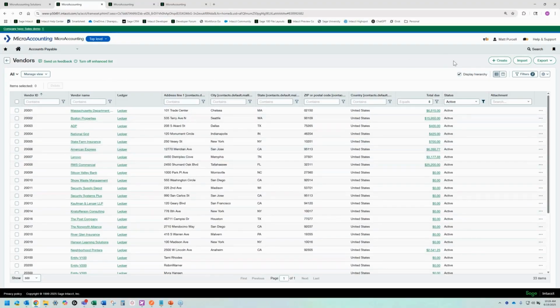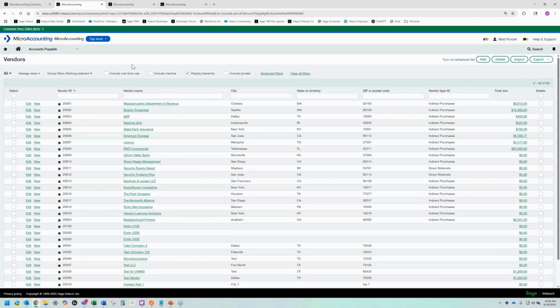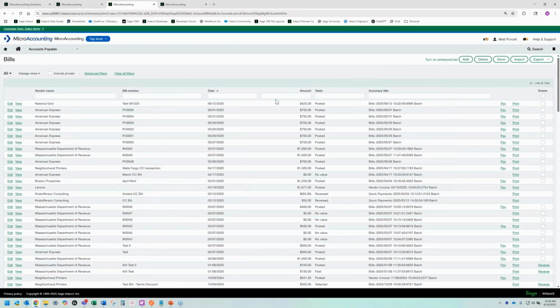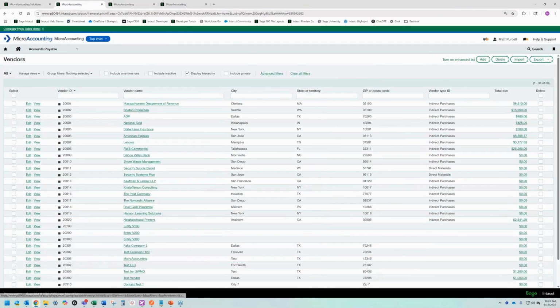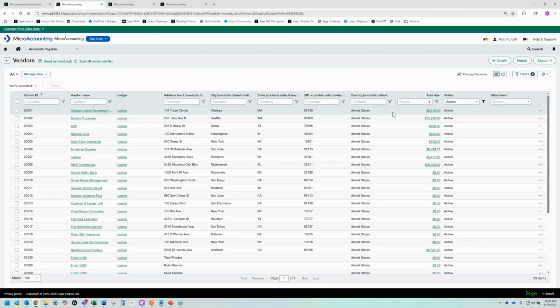So basically, once you turn on enhanced list view, that's essentially all you have to do to be able to use it and take advantage of all the functionality. If you decide that you don't like it at any time, all you have to do is just click off this turn off enhanced list button, and it'll take you right back out to your normal vendors list view. One thing to keep an eye on with this is depending on how many records you have, sometimes the enhanced list can take a minute to load. So if you have in the thousands of vendors and you try to turn on your enhanced list, it might take a little bit longer than normal. But typically in my experience, once it does load, then it seems to function fine. So it's just that initial page load.